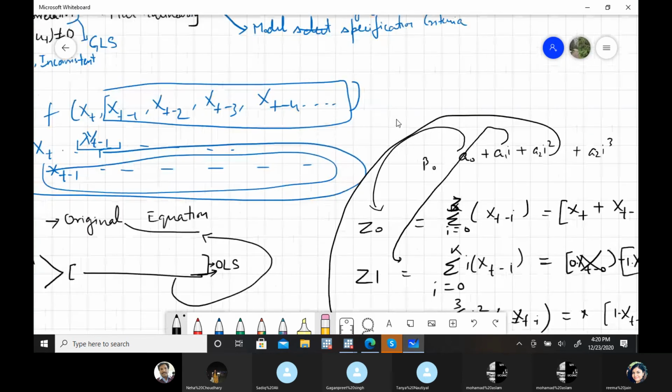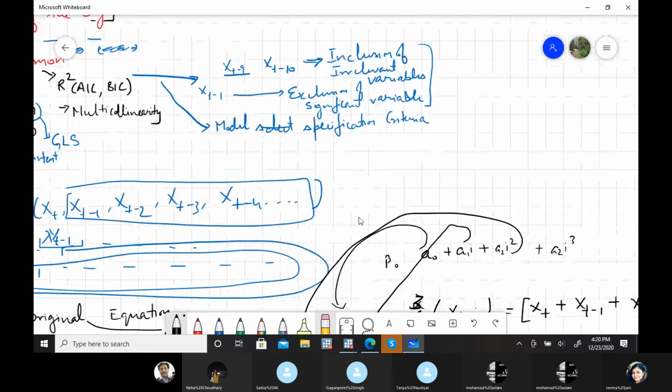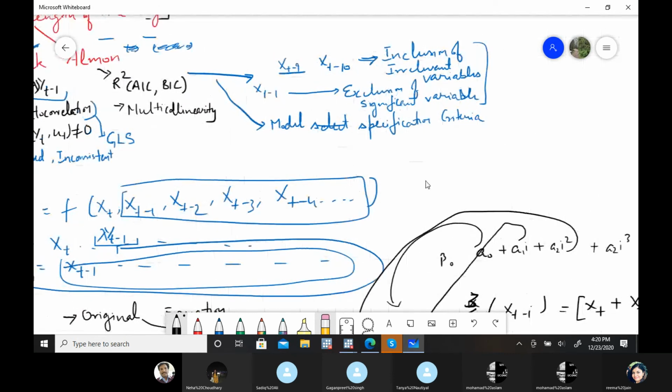Then I'll discuss a few important things concerned with this particular approach: what is the criteria, can we take i more than the lag length, or what are the problems with this method?